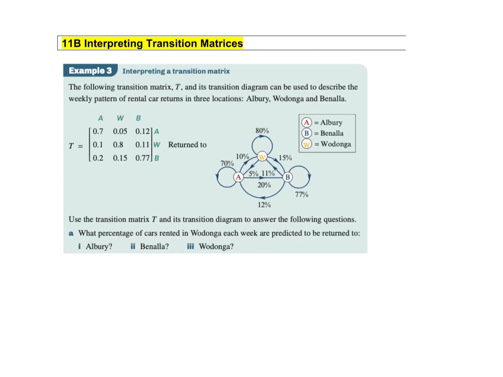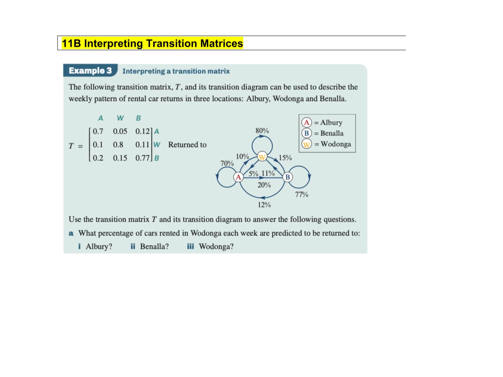Okay, so today we're looking at interpreting our transition matrices. Yesterday we looked at setting them up and creating them and what they were about. And now we're going to get some questions to make sure that you understand what it is and how to interpret it. So you can see here, it says the following transition matrix, and they called it T, which they often will,